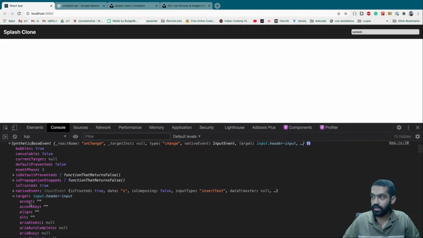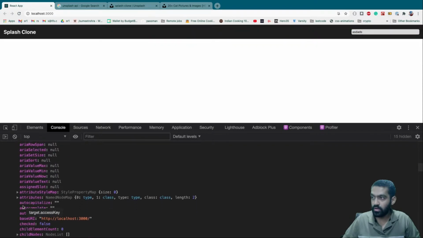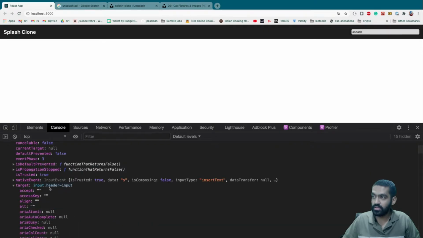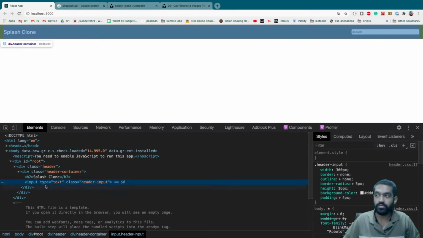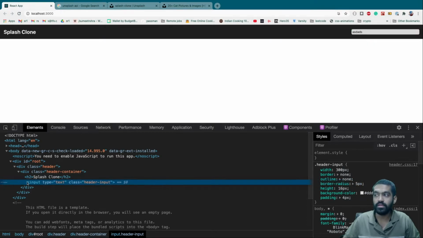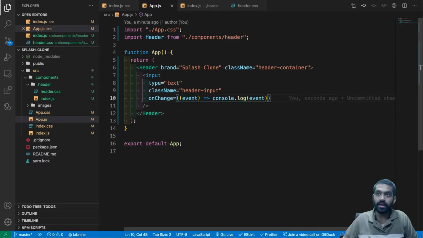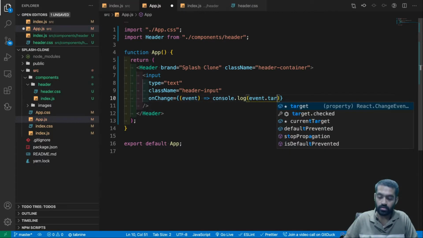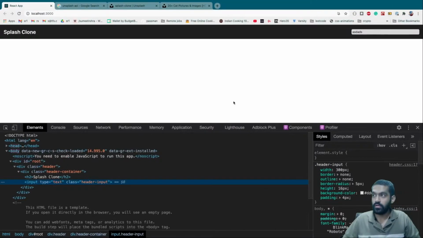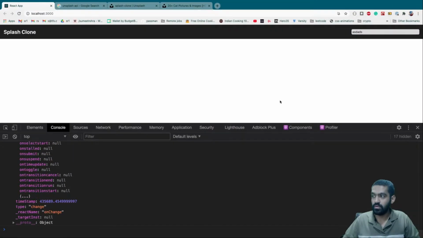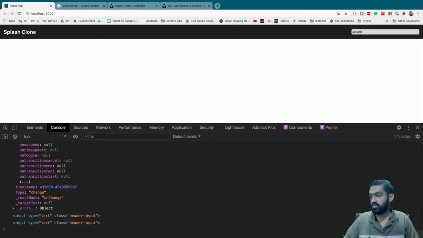If I click on event.target, a lot of things here, but if I just click on this input, it takes me to this JSX component itself, right? Let's see what happens when we do event.target. Let's add something. So basically it is giving us this whole input component itself.